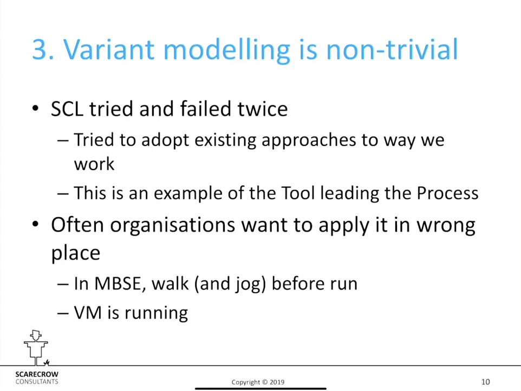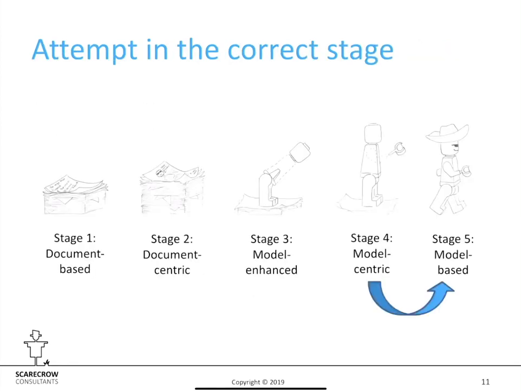You've got to be able to walk and jog before you can run, and variant modeling is running, and it's sprinting. It's definitely at that end. It's not down here. And again, John will have talked about this on some of the other presentations that we've done. We've engaged with clients who are down at stage 1 or stage 1.5, and get us in to help them do their